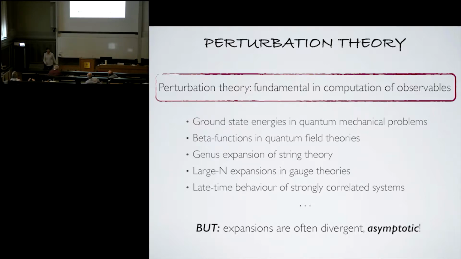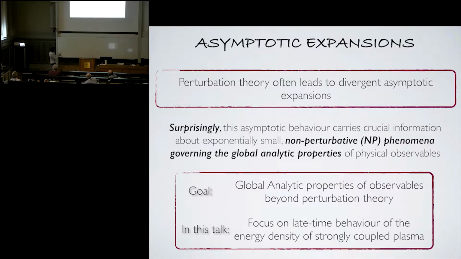So if we calculate a few terms, we get a very good result. But if we calculate more terms in our expansion, we get a much worse result. And basically that means that they're asymptotic. But it is well known that the fact that we have a divergent asymptotic series when we do perturbation theory means that we have information hidden in these divergences that tells us about non-perturbative phenomena that exist and govern our